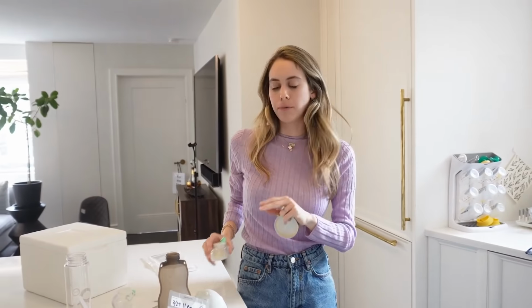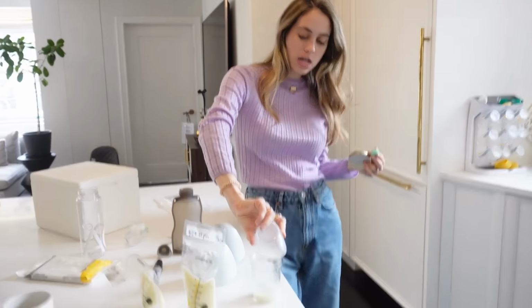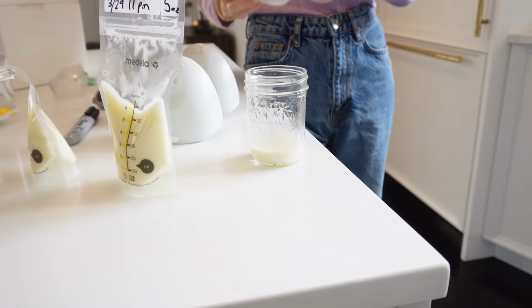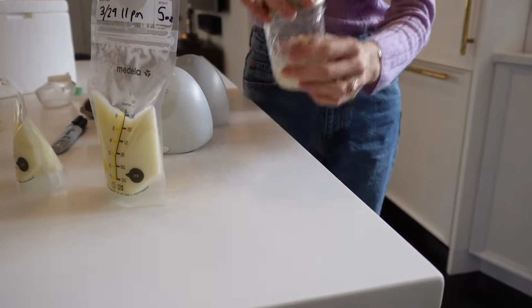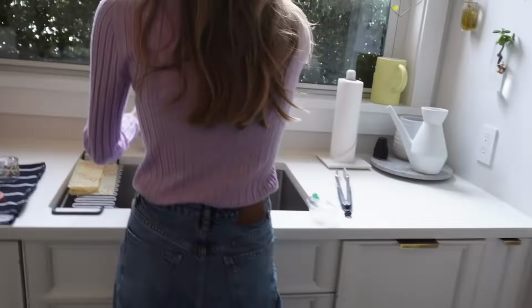Sometimes when I accidentally leave my milk out for longer than 4 hours, which is the point at which it's not safe to eat anymore, I put it in this little mason jar. I'm starting a new one today. I just cap it and put it in the fridge, and then when it's bath time, I dump this in the bath. Now, what I have to do is wash this,